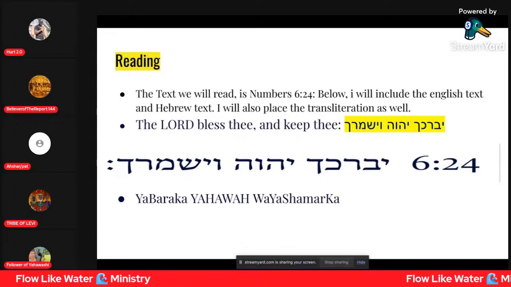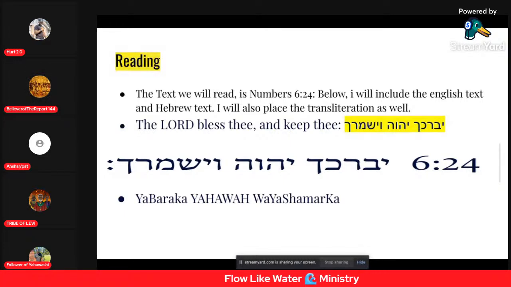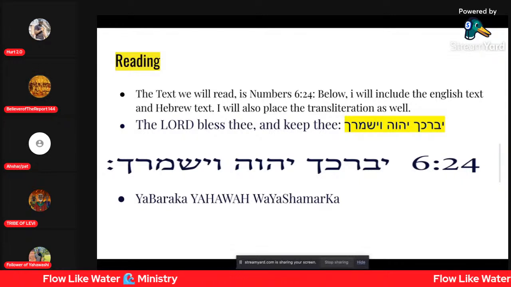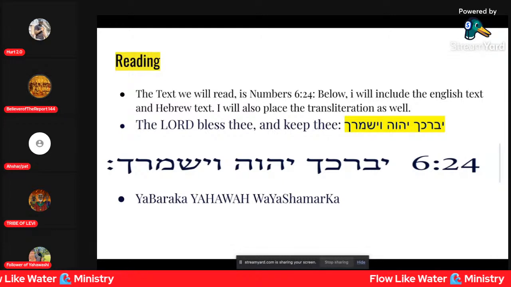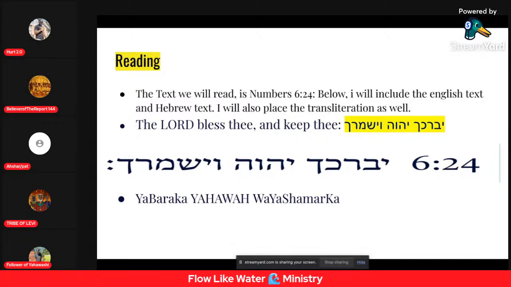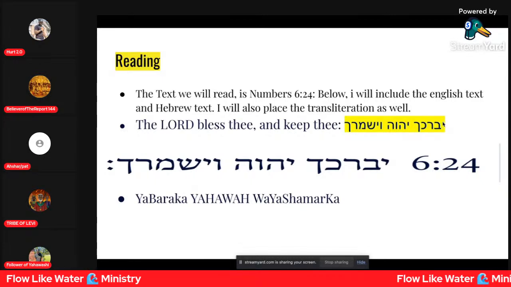So this text is a relatively familiar text within Numbers 6:24, and it reads, the Lord bless thee and keep thee, or Yahweh bless thee and keep thee. And the text is, of course, keep in mind that Hebrew text is read from right to left. So with that being the case, let's scroll over here to the highlighted portion, and we see the first word